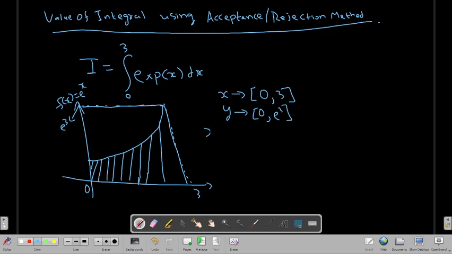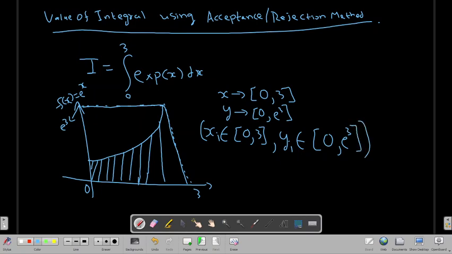I will call them xi, generated between 0 and 3, and yi, generated between 0 and e to the power 3.